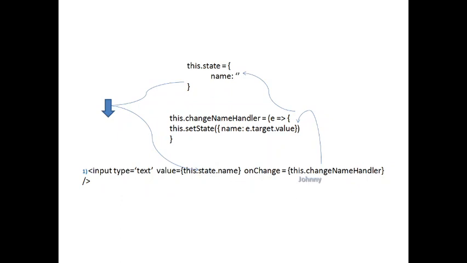That is, the input field value will be set based upon this state and it will be updated based upon this change event, that is the onChange attribute followed by the method, the function name which we are trying to call. Here it is changeNameHandler. We will use this when the event has been fired on the input element, like when a user is trying to type something, it will update based upon this target value.